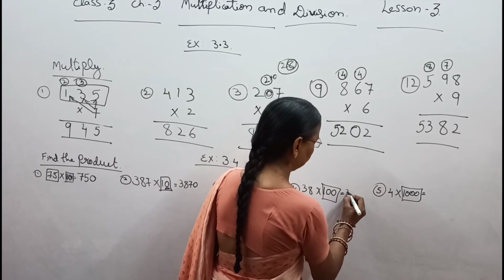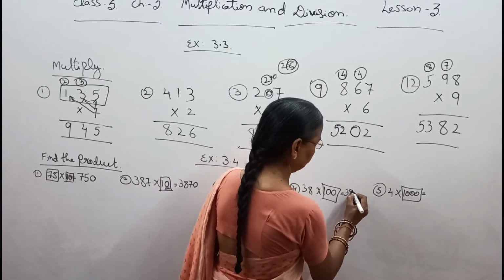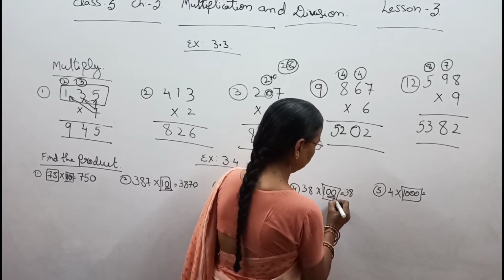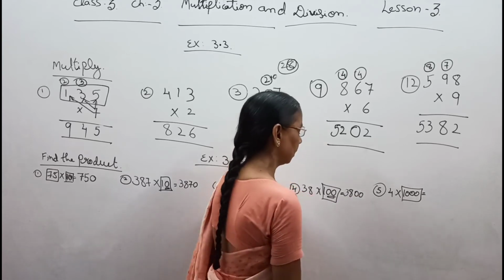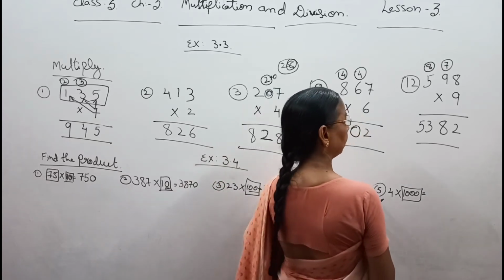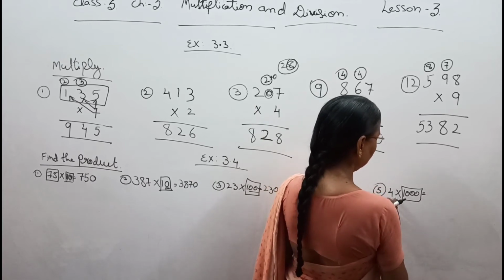Here again we have to 38 1 ja 38, again double 0, and simply the fifth one here 4 into